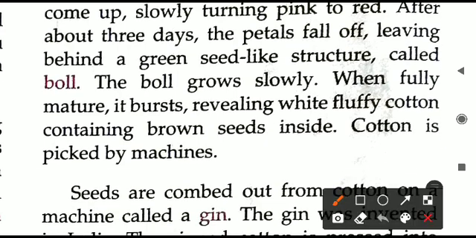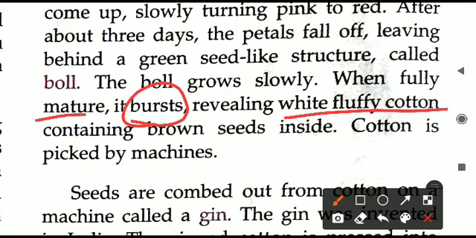It will become mature at a later period, and the ball will keep on growing. There will be a time that will come, it will become mature, and at that time it bursts. When it is bursting, what will happen? The ball bursts, and it shows us what it will produce: white fluffy cotton that is coming out from inside the ball. When it is bursting, we will observe that white fluffy cotton fibers or threads are there.